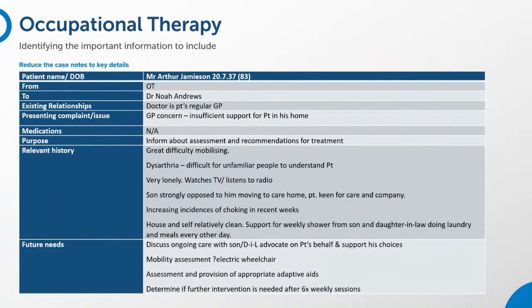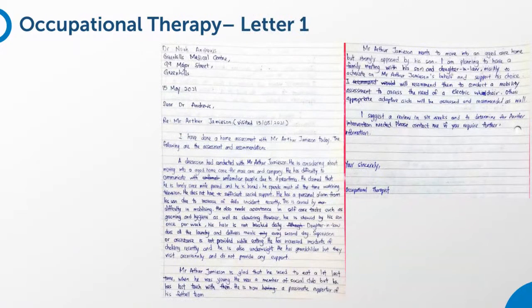And we're going to look at the example of an occupational therapy letter which was submitted by So Yi. Thank you very much for doing that. So here it is on the screen, and I'll give you a minute to read it,